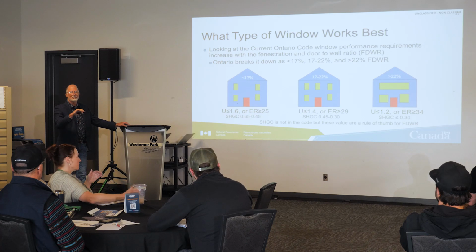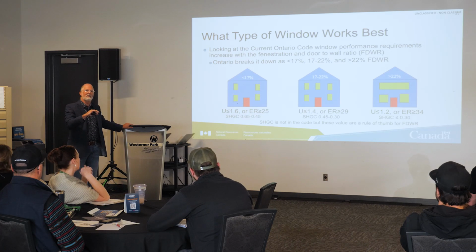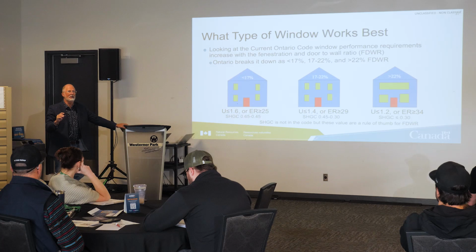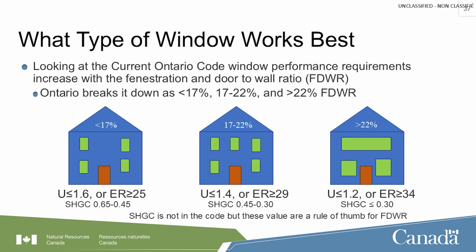Like when I'm doing energy models, I'm probably looking at a 0.35 to a 0.4 that I would recommend to a builder, just because some builders are down at 7% in FDWR. And if you're down at 7%, there's no reason you can't go to a 0.45. I think 0.65 is a little high, but these are the averages, and it depends on the windows and where